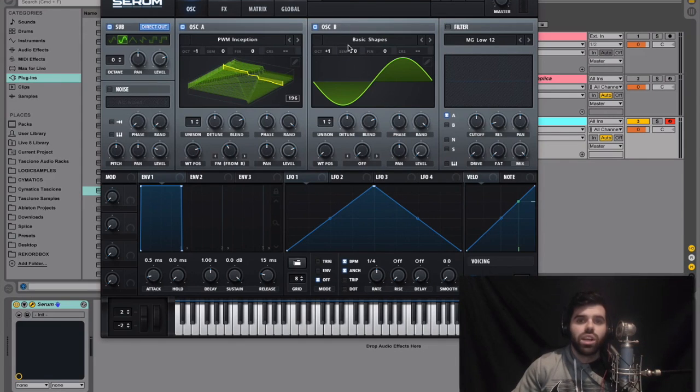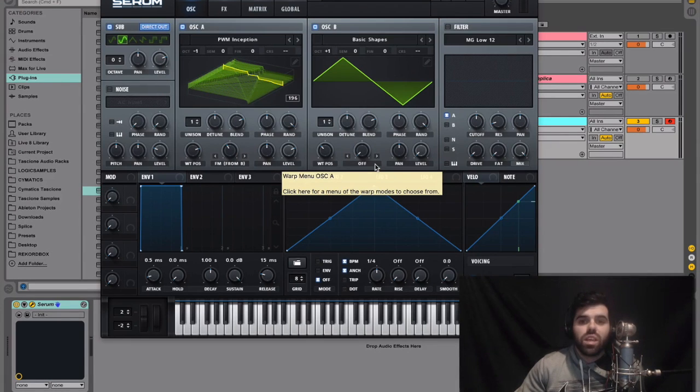And then we're also going to change the wavetable of oscillator B. When I'm doing FM basses, I like to use Basic Shapes because I like to keep the wavetables pretty clean and basic. If you use one that's really noisy and grimy, it's just going to sound like noise most of the time. Sometimes you get lucky, but you're usually better off using pretty simple wavetables. So we're going to drag this until we get this wave.